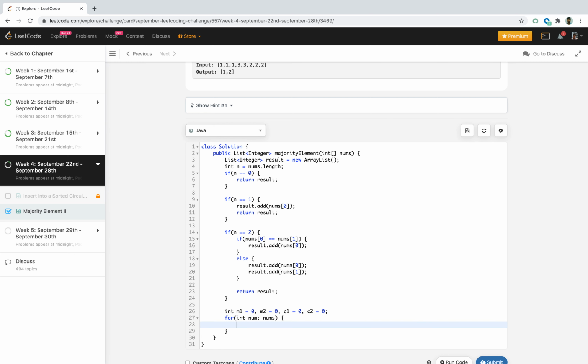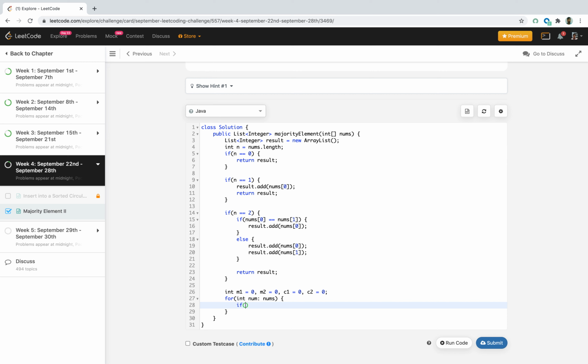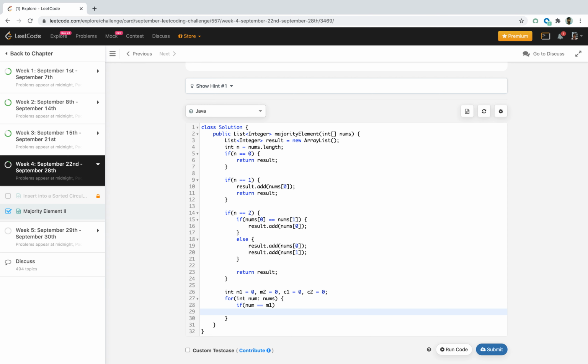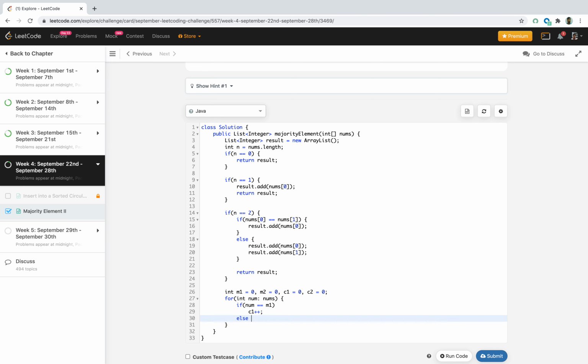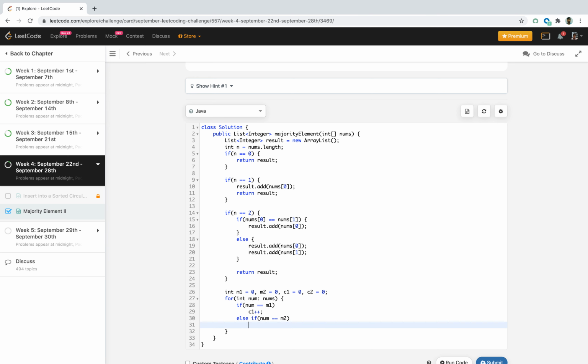Now if a number is the majority element 1, in that case we'll increment count 1. Else if the number is majority element 2, in that case we'll increment count 2.